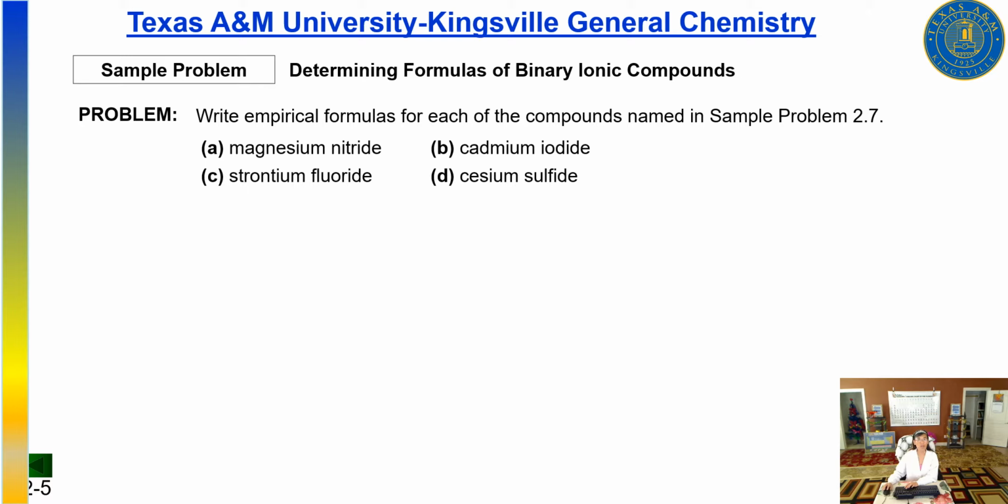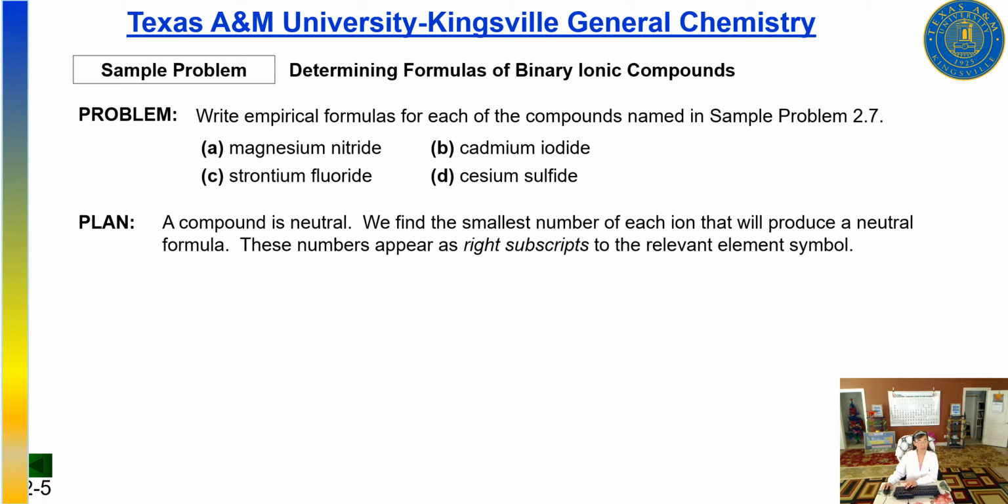Sample problems again to determine the formulas of the binary ionic compound. Close to what we did, and essentially the same as your previous sample example. Actually, it's from 2.7. You have magnesium nitride, cadmium iodide, strontium fluoride, and cesium sulfide. What's the chemical formula? Again, your plan is, number 1, all of these ionic compounds must be